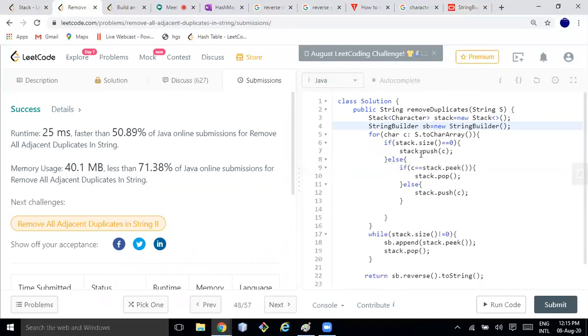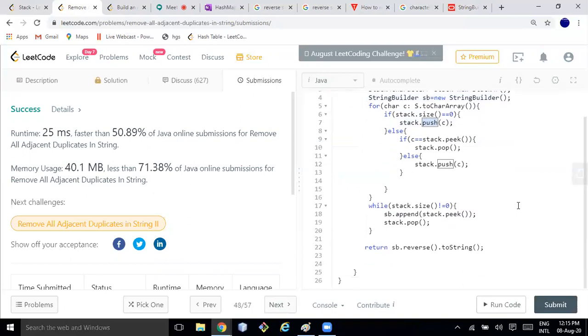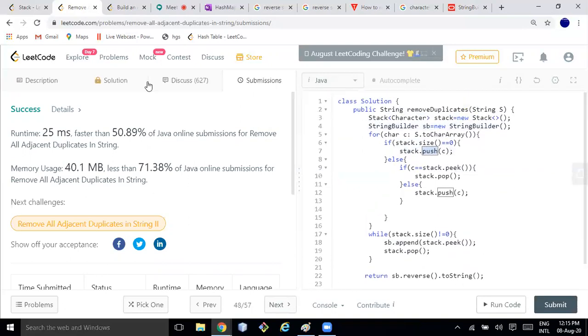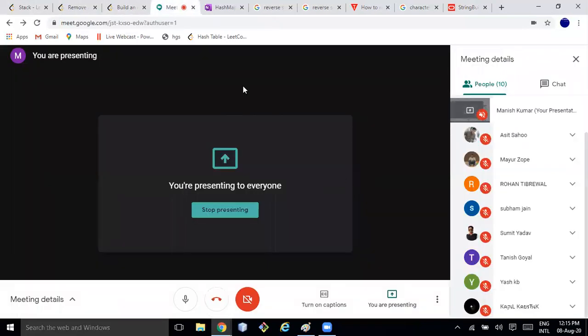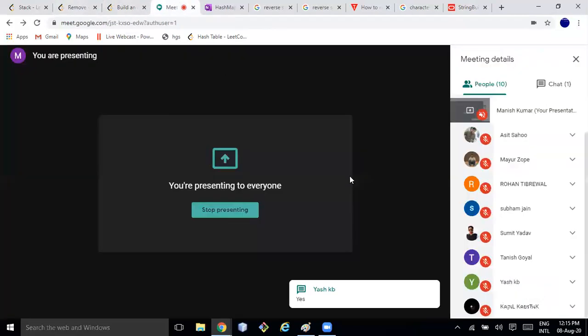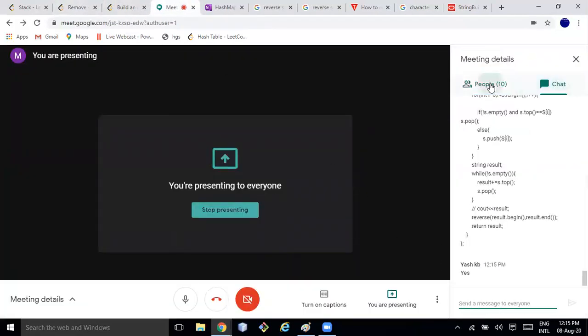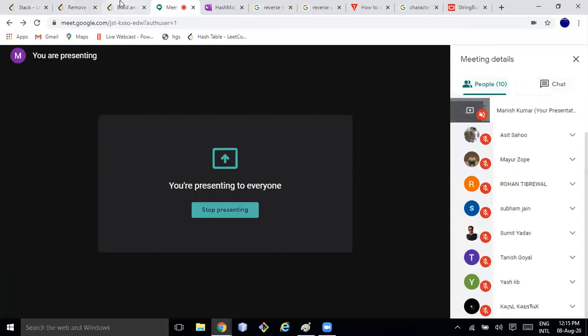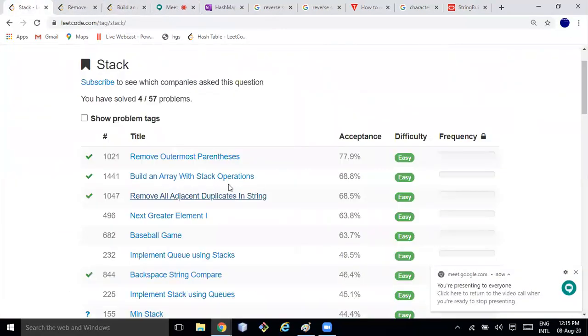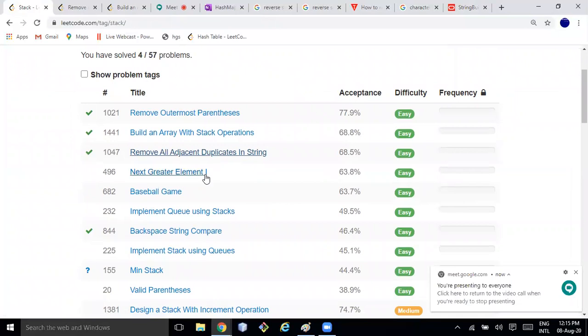You can improve more. Think about how you can improve further. I hope it's clear, right? Any question? So what all problems can I see in stack? Next Greater Element is a very fantastic problem, but I don't want to cover it now because it will come later.